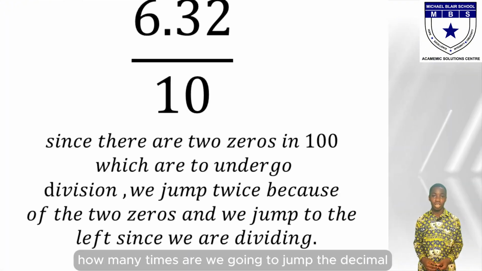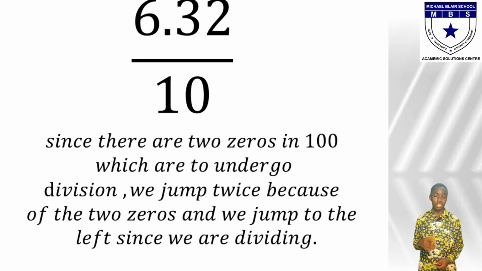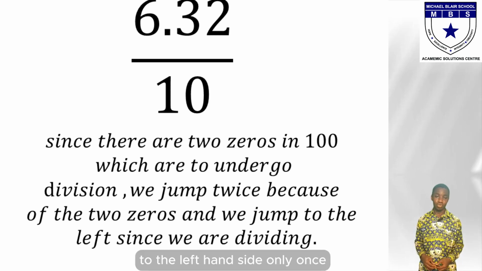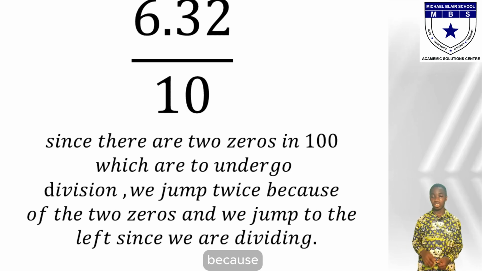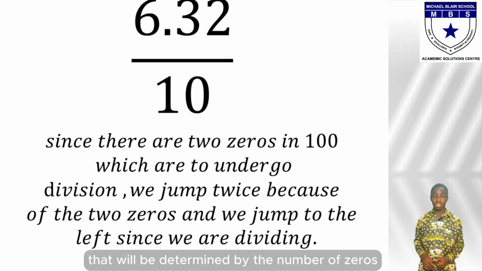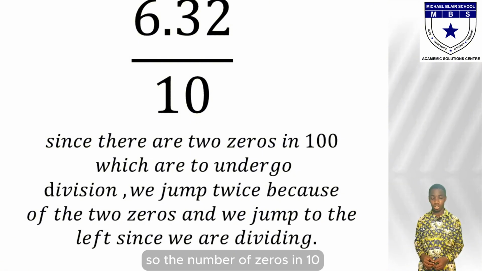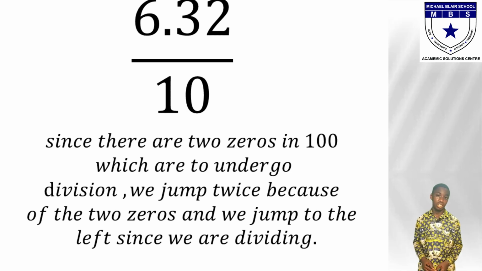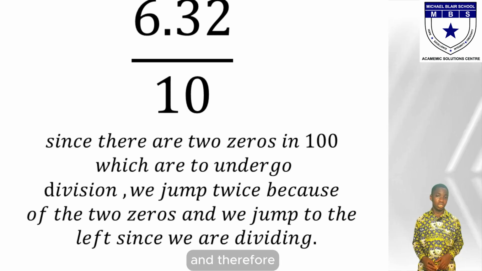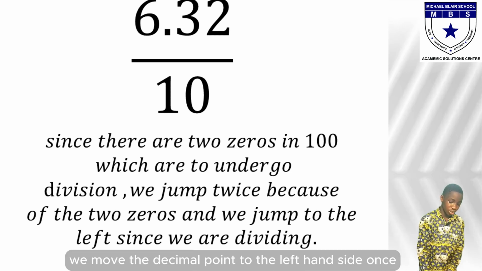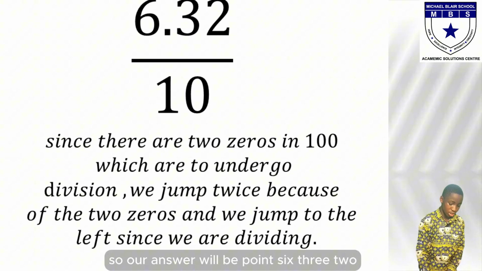How many times are we going to jump the decimal point to the left hand side? How would you know that? Brilliant of you. You have to move the decimal point to the left hand side only once, because that will be determined by the number of zeros in the given power of 10. So the number of zeros in 10 is 1, and therefore we move the decimal point to the left hand side 1. So our answer will be